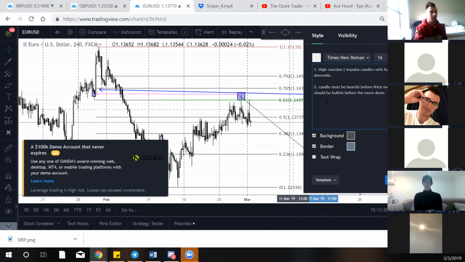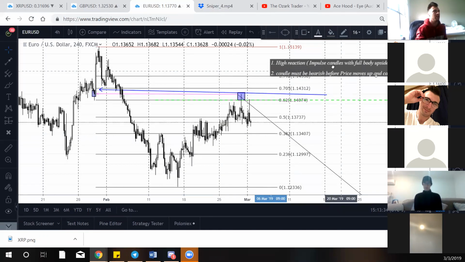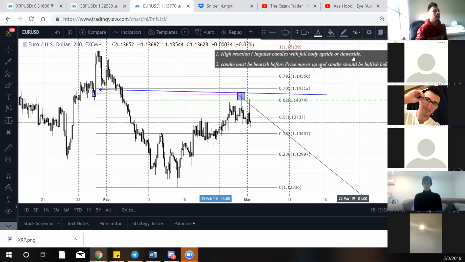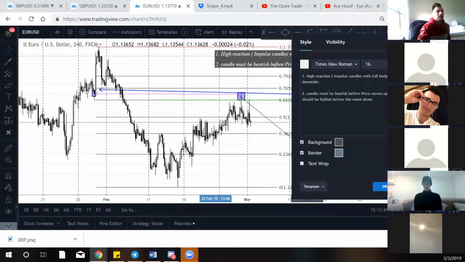Okay, so let me explain something very, very quick. Okay, guys, I know this sounds really confusing. You're like, why would you say that? Why would you say a candlestick should be bearish before the price moves up? Well, let's look at it this way. So when